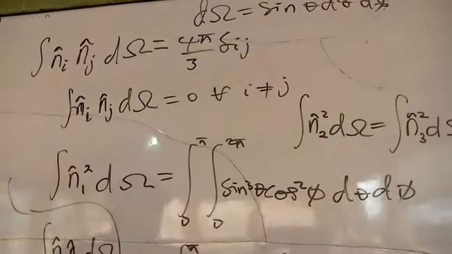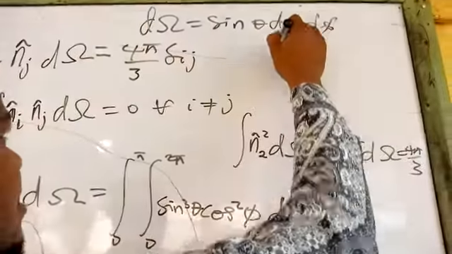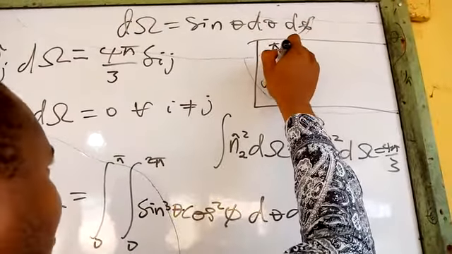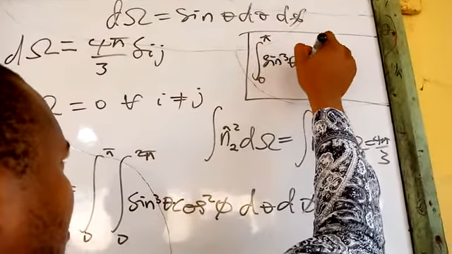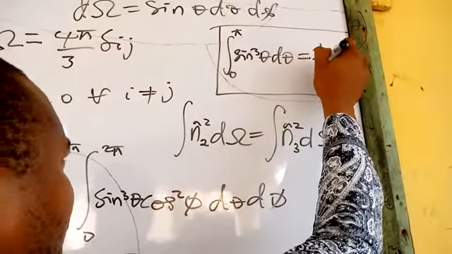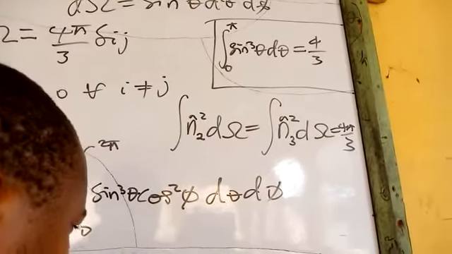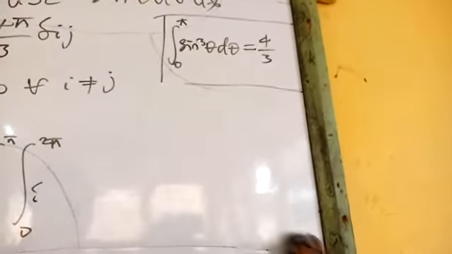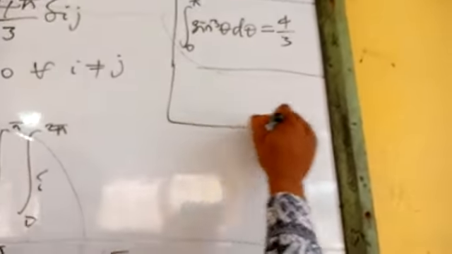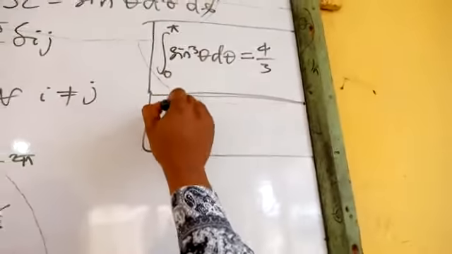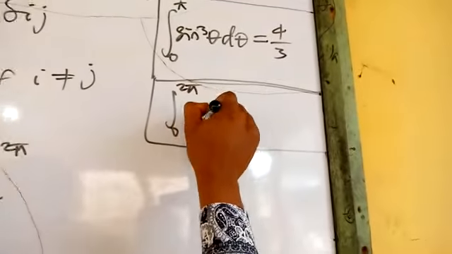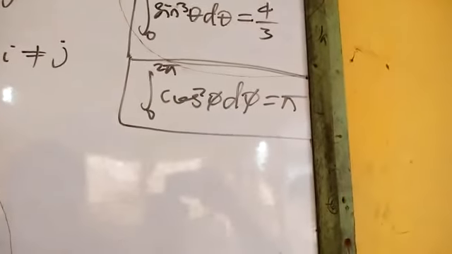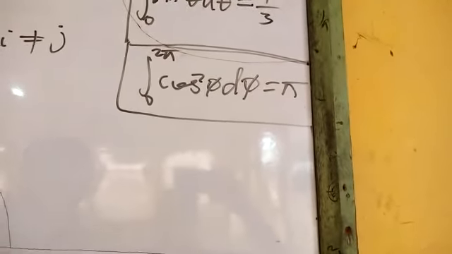I think one thing I was thinking I may need is, well, let's just see if this will be useful so that I don't have to do this all over again. The theta is going to be 4 all over 3. And also the fact that, so let's just see if this will be of any use instead of repeating it all over again. The phi gave us pi. Yes. Okay. So now,